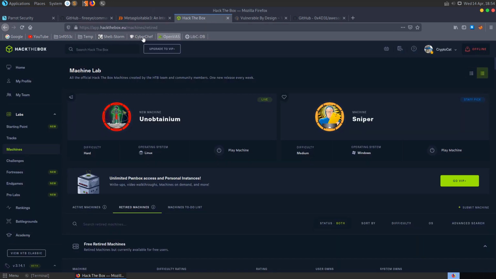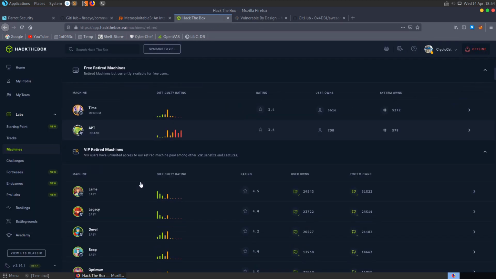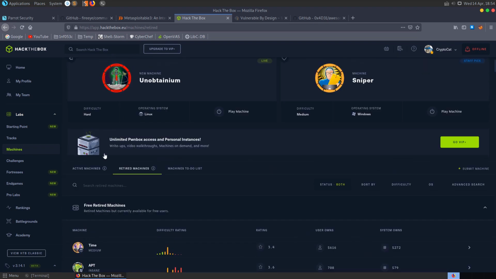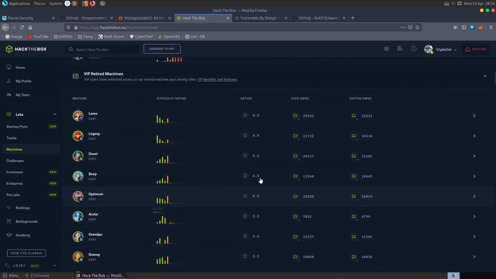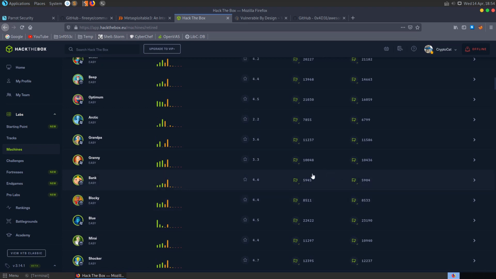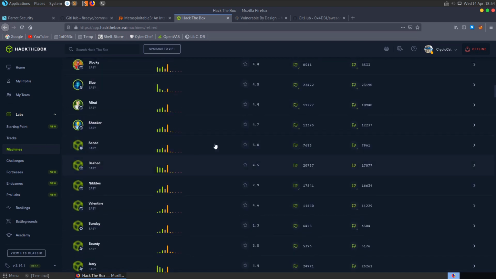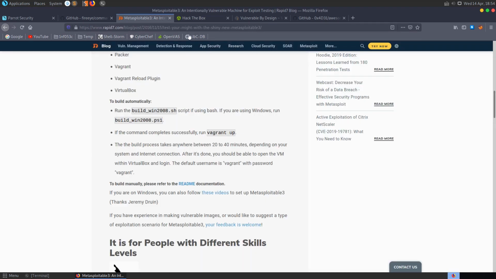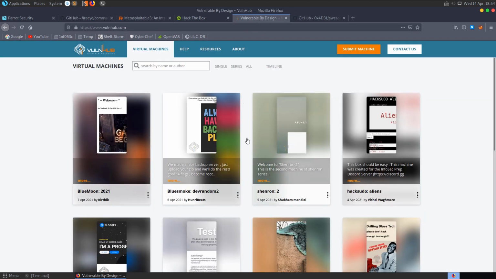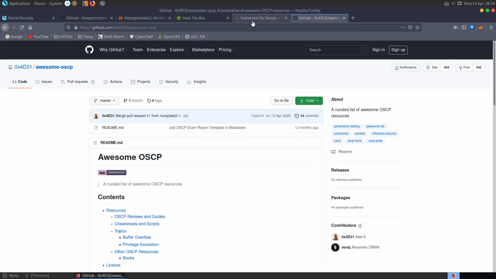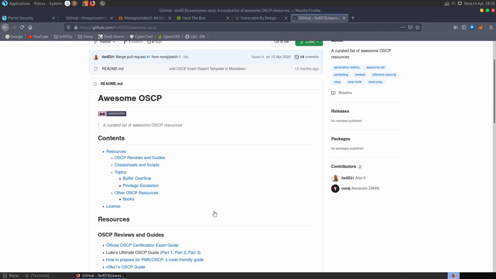And I'll also use some Hack the Box retired machines, so you can't post walkthroughs for active machines, so we'd need to use the retired machines, which aren't free to access, but I'll try and alternate between Metasploitable3, which is free and we'll be setting up in this video, and Hack the Box, and also some Vulnhub VMs as well, which are free to download and set up. You can use some other sites as well, like TryHackMe has vulnerable VMs on it for testing,